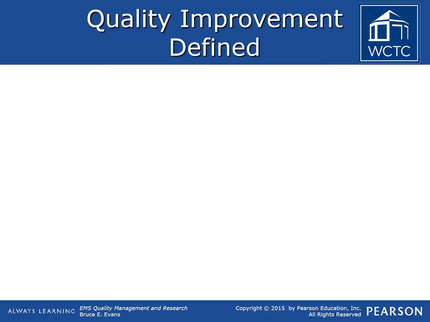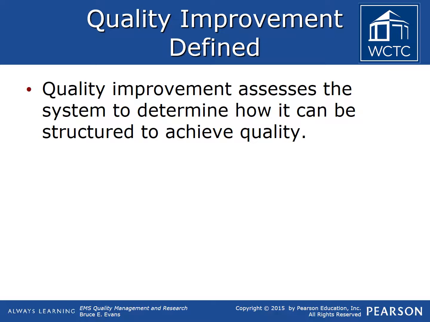Far too often, it is easy to jump right into discipline by assuming the employee had some type of bad intent. For a quality improvement system to really be effective, the employer must assume the employees are always acting in good faith. With that in mind, the quality improvement process must look at the employer's systems and evaluate how they can be structured to achieve quality and support its good employees.